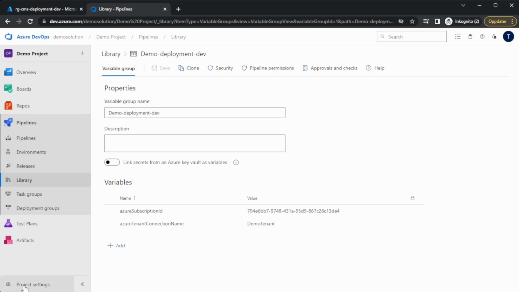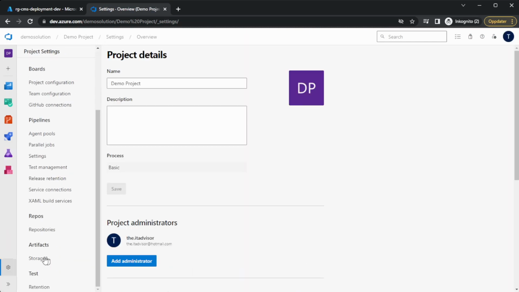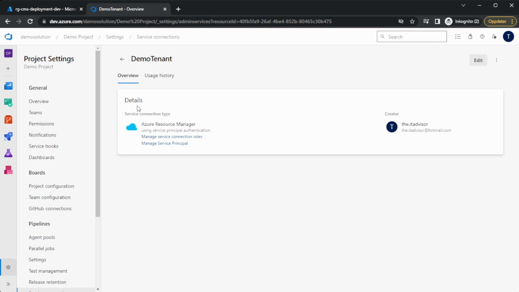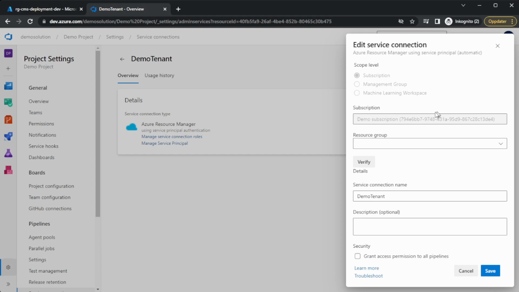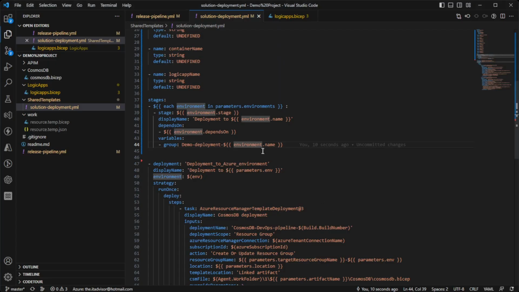Again, I remind you that this variable connection name is taken from the project settings, and in the project settings you have to find the service connection, and the service connection is created per subscription. So if you want to do a deployment into a different subscription, you have to specify a separate connection in that. Okay, having that said, let's go back to the Visual Studio Code, and I continue making changes to the YAML